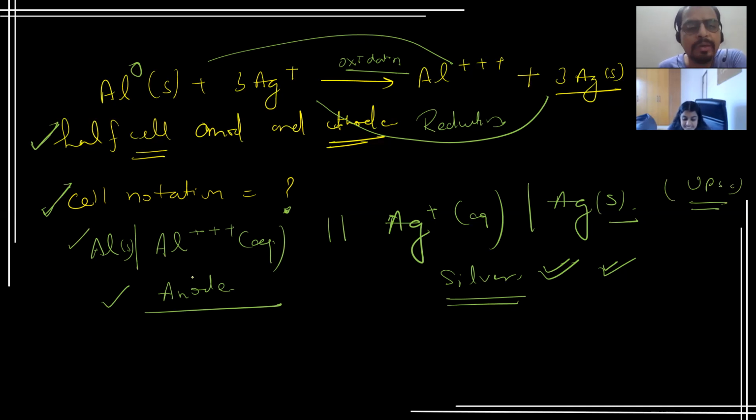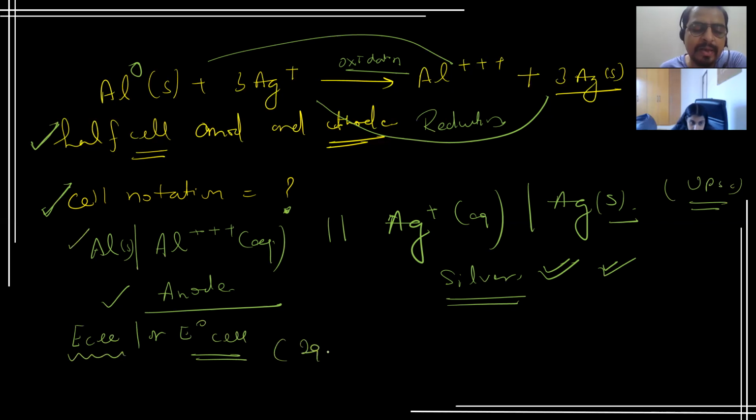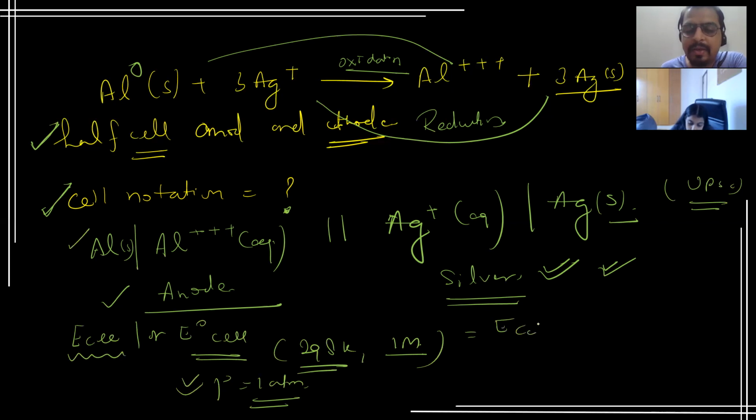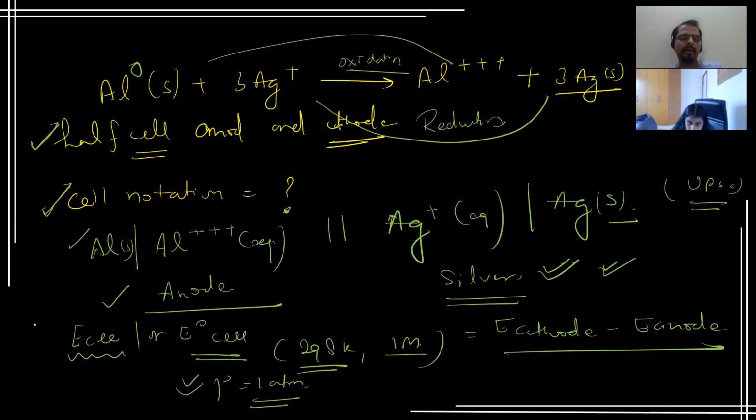Okay. So here we have got the cell. Now, if we want to calculate the E cell or E naught cell, E cell is the electrode potential of the cell at any temperature and pressure. E naught cell means standard conditions are applied: the concentration is 1 molar, temperature is 298 Kelvin, pressure is 1 atm. Under those conditions, E naught cell is equal to E cathode minus E anode. Now, there are three terms I'm going to explain. You can write this formula, then I'll explain everything in detail.